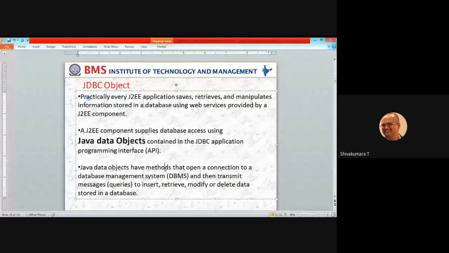Here you can not only transmit messages to the database, you can also retrieve information from the database, update or modify the content, and delete the data stored in a database with the help of Java data objects.